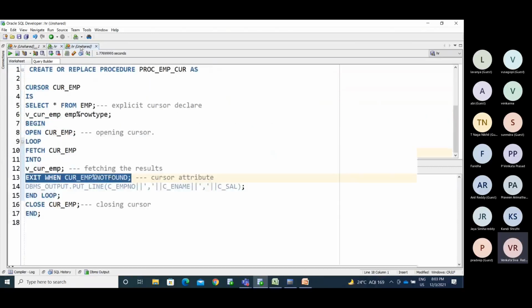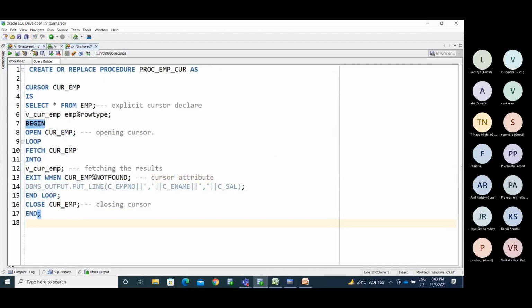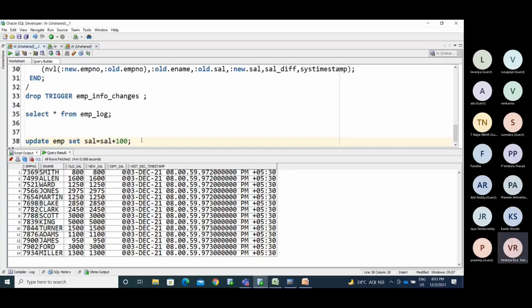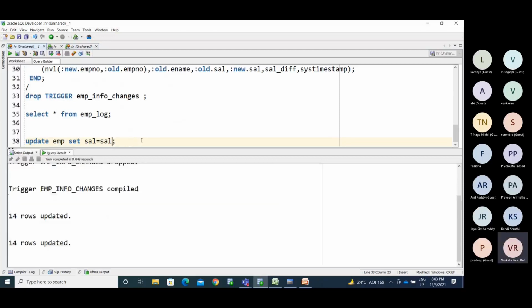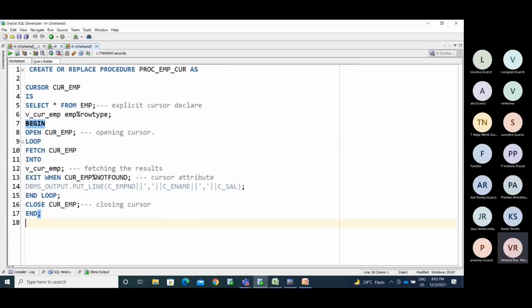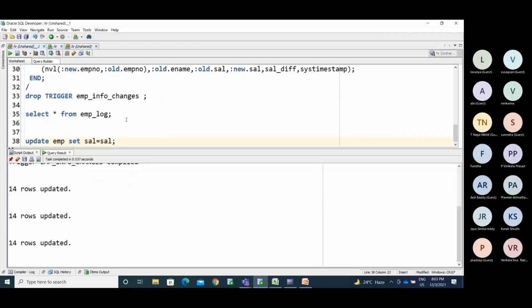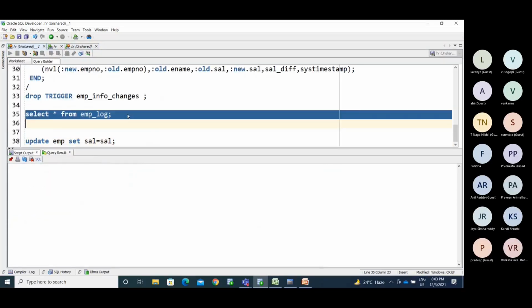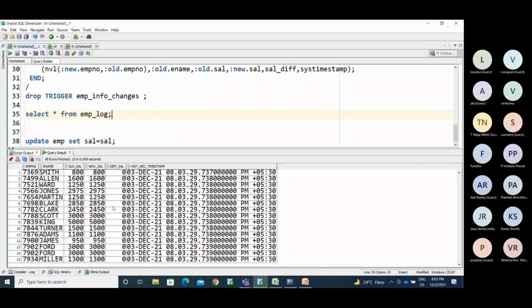I'm performing the same update statement here, salary equal to salary. Now check the employee log table. No, I need to truncate this.